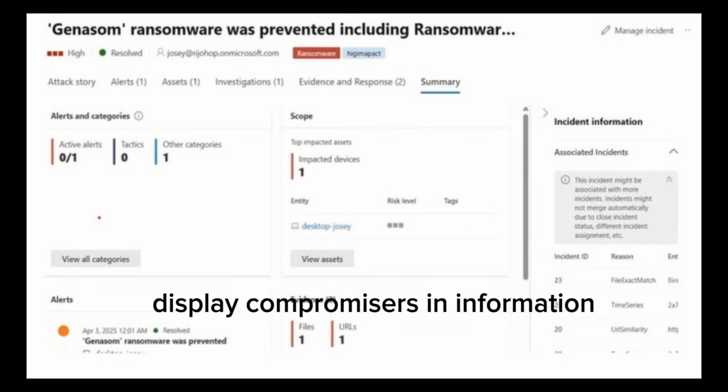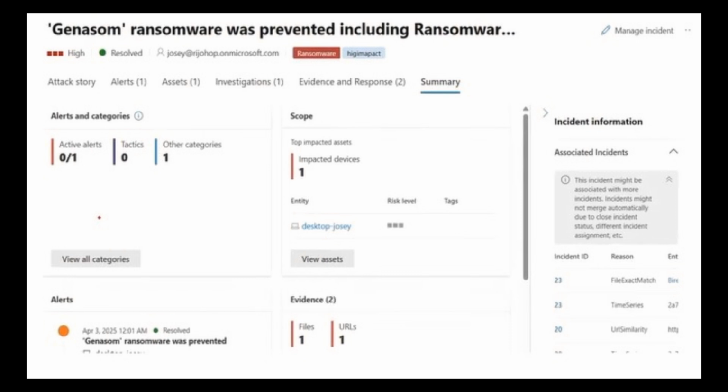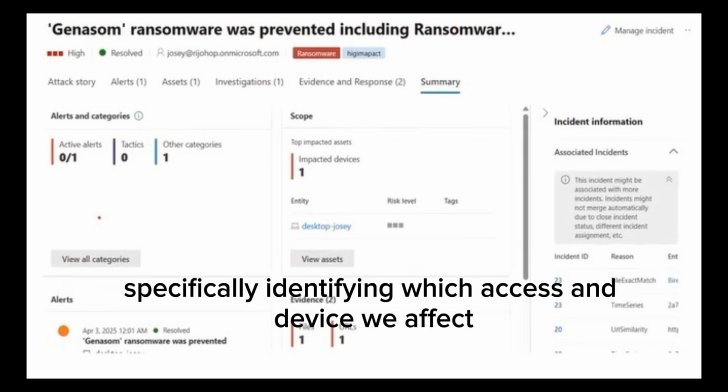compromise information, including the alert category and incident scope, specifically identifying which assets and devices were affected.